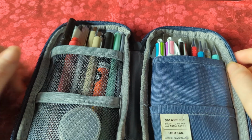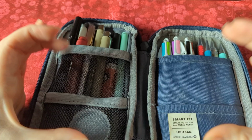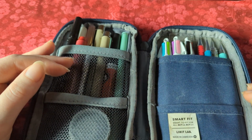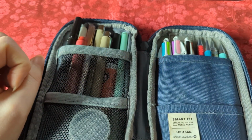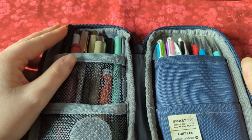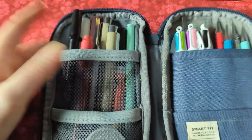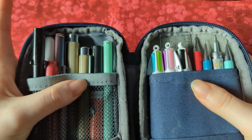And I've found that I've started narrowing down my essentials more and more now, and then having my sort of DLC content, my downloadable, well, it's not downloadable, my extra sketching content, we'll call it that. My extra sketching content, ESC, there we go. My ESC pencil cases I have a wider variety of things in, but for my everyday sketching, I like to